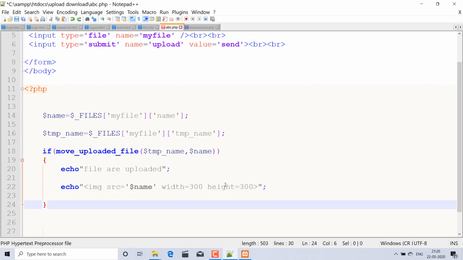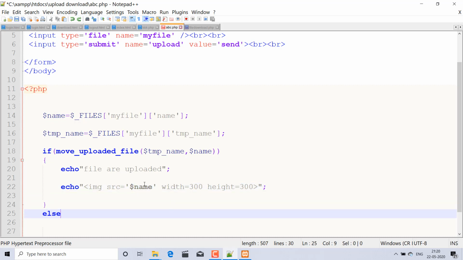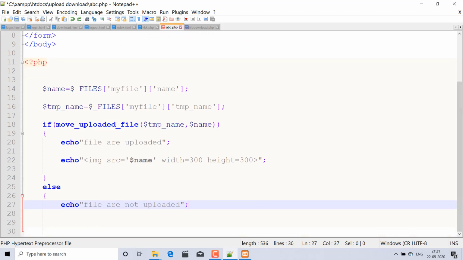Now the if body is closed, and now the else part: if the file is not uploaded or moved, then in the else part I will say echo file not uploaded, close else, and everything is completed.